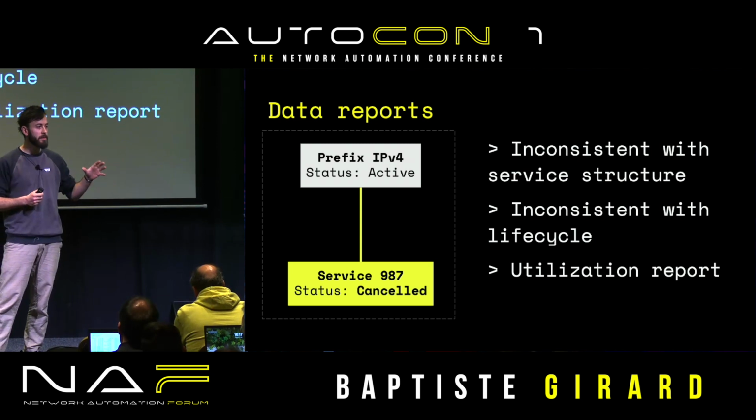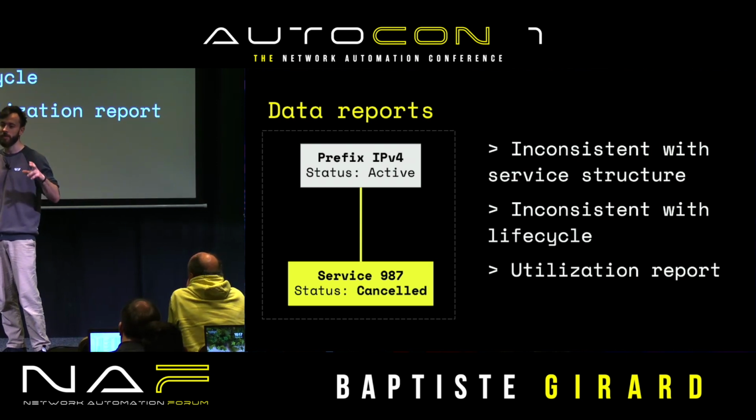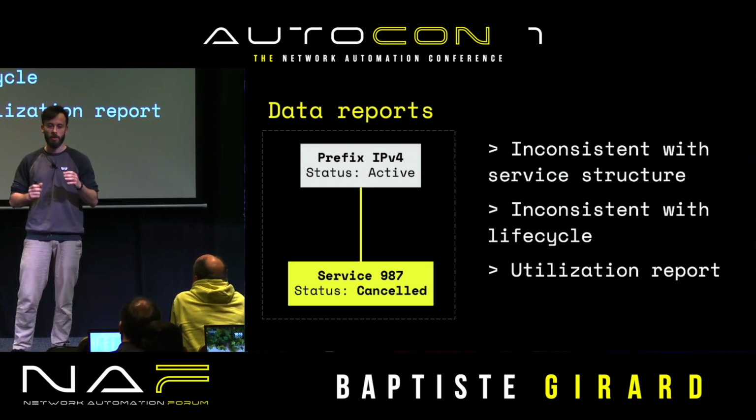Now with the data set and the data model we have in place, we can list every single service connected through a given circuit. And so we can aggregate every single service bandwidth and compare it with the CDR we have on this circuit, the committed data rate.